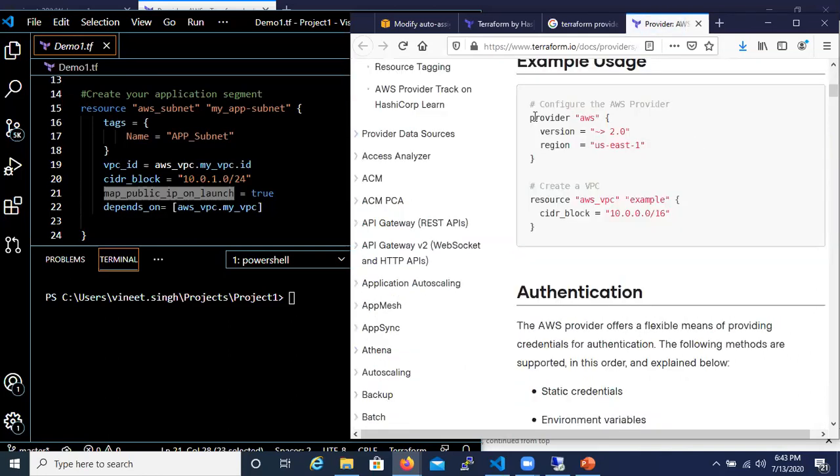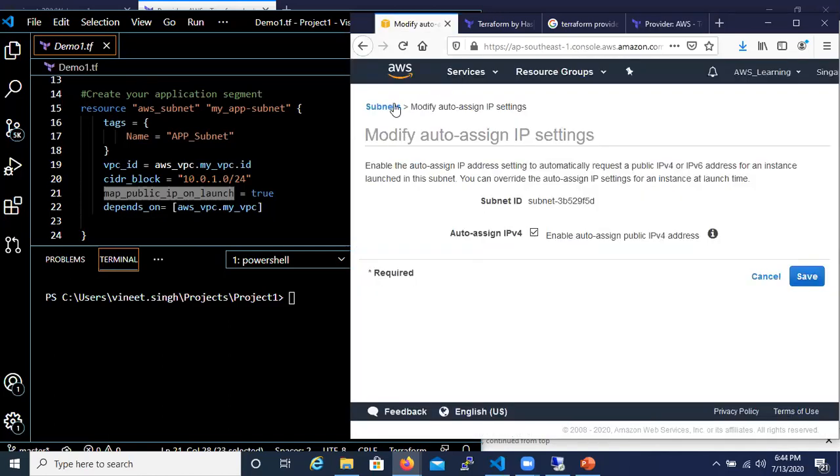Then you will get different examples. So you can always refer to an example code which is provided on Terraform's documentation page. It is really, really good. Based on what we are trying to do, you can always see the corresponding component, what needs to be called. But most of the time, what we are defining in our GUI will be exactly similar.